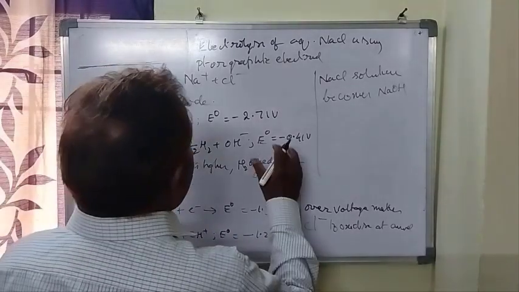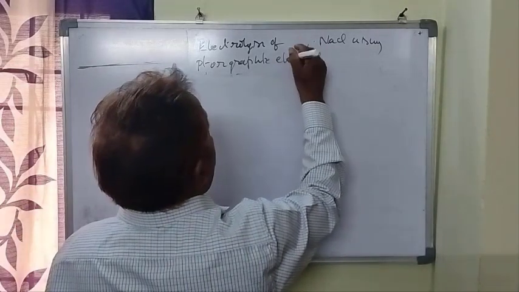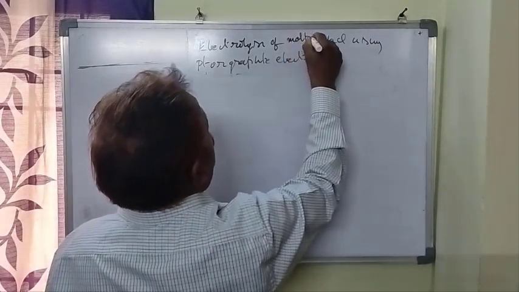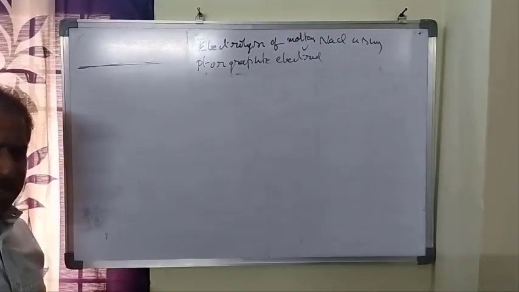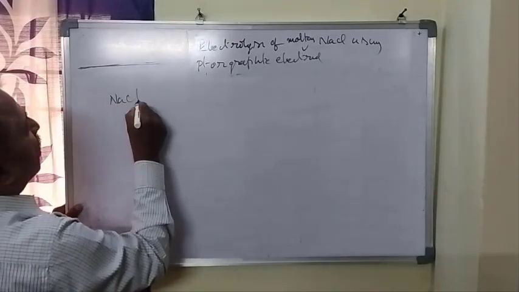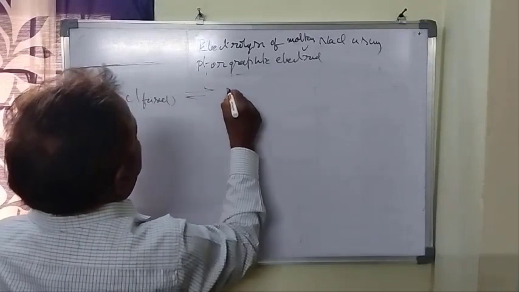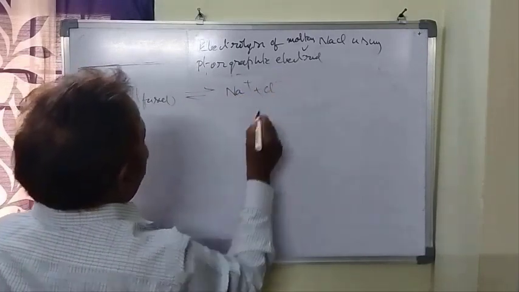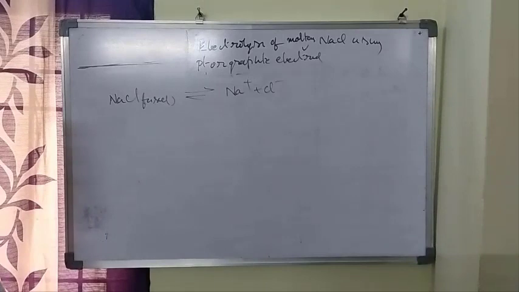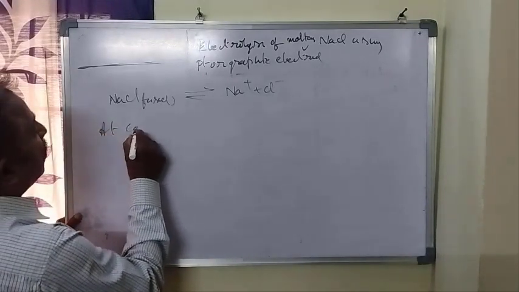Now, electrolysis of molten sodium chloride. Molten means it is in a fused state, a pure substance. So fused sodium chloride dissociates into Na+ ions and Cl- ions. So there are only two types of ions, one positive ion and one negative ion. So ultimately oxidation and reduction of these ions take place at the cathode and anode. So at cathode